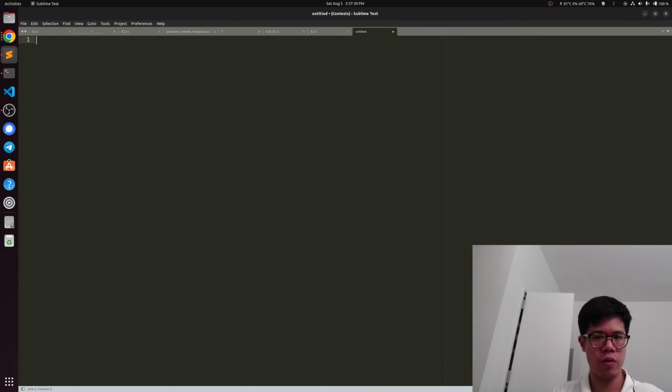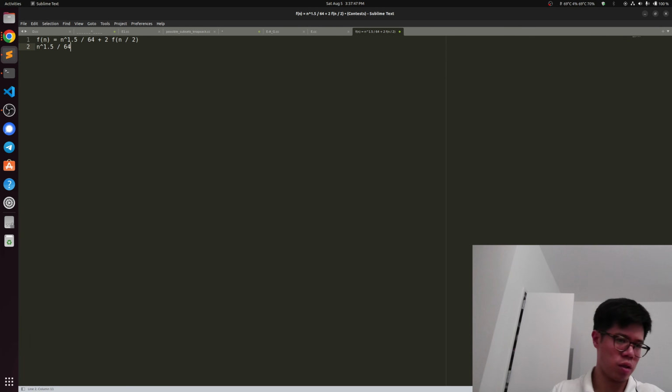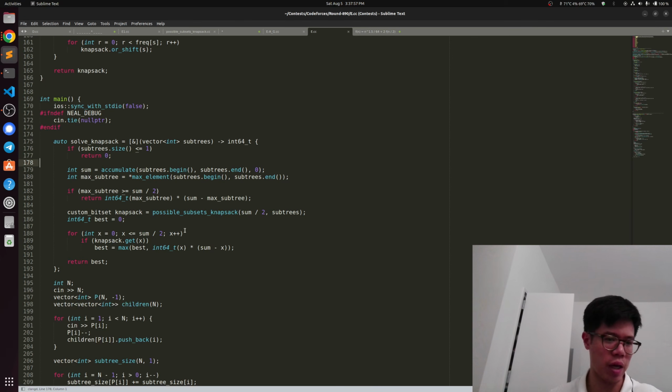And so then we have the usual master theorem idea applied to, in this case, n to the 1.5 divided by 64 plus 2f n over 2. And if we apply master theorem here, the complexity is still just n to the 1.5, and then we still have to divide by 64. The reason being that this exponent is more than 1. And so that's our complexity for this problem, n to the 1.5 divided by 64,